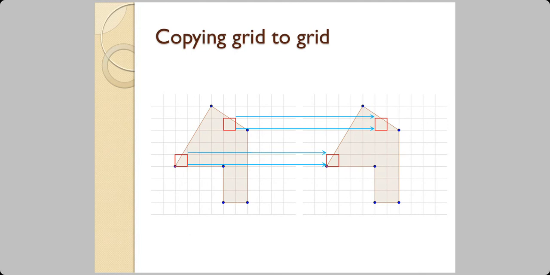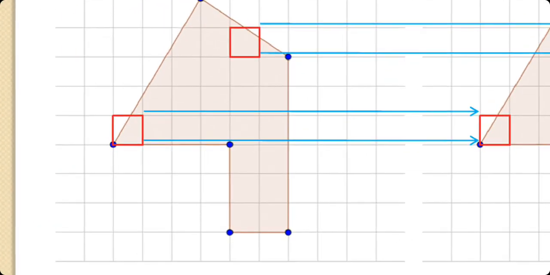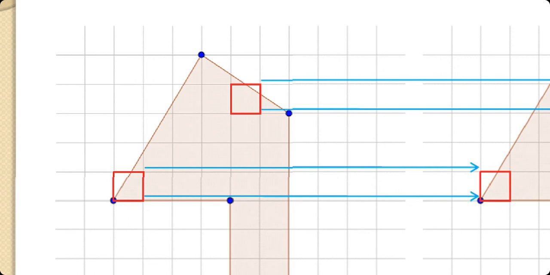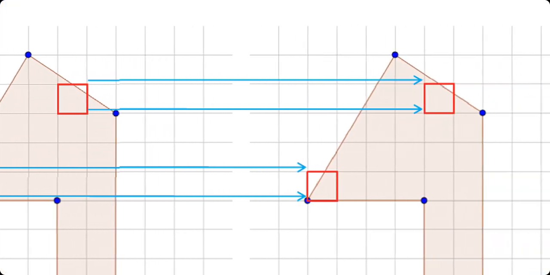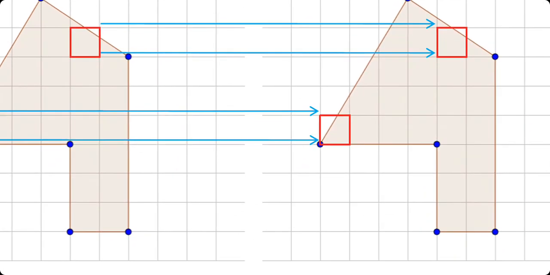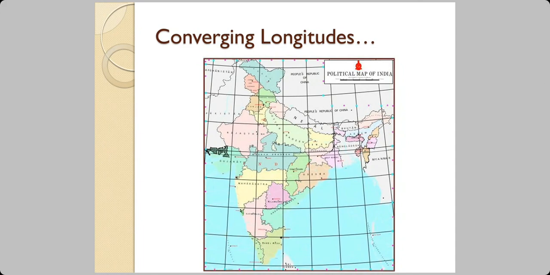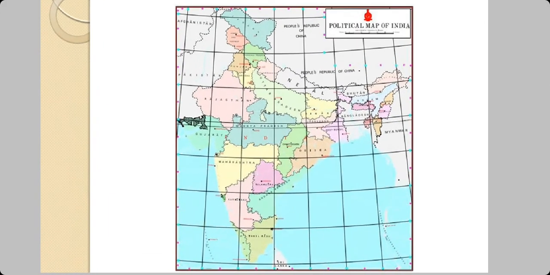Now, if you were asked to copy a plane surface onto another plane surface, you could have gone like this. You could have made grids, and each grid, whatever it contains, you could have drawn exactly that as your copy, and you would have got an exact copy. But this is not possible on the Earth. Because if you notice in this map,